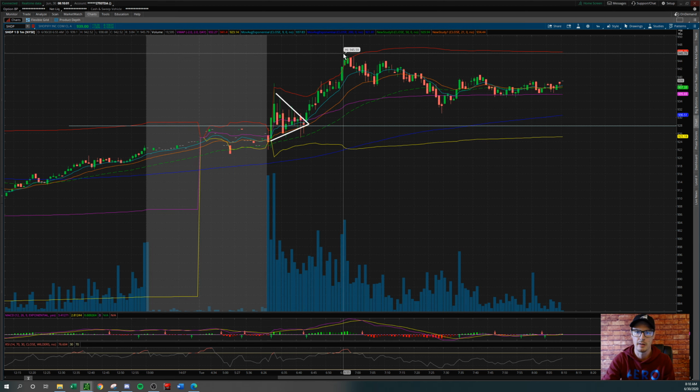This thing ran up past the high of day here, broke out to 945. So this was a decent sized move from our entry, 1.43%. I wound up taking 50% on this move, and I sold right here at around high of day. So that is how you can use the 1 minute chart time frame for a better entry,